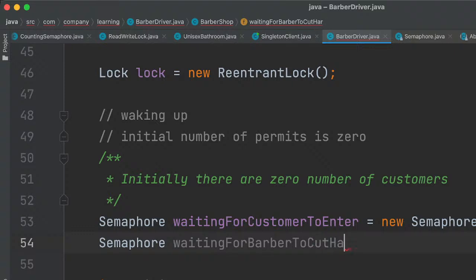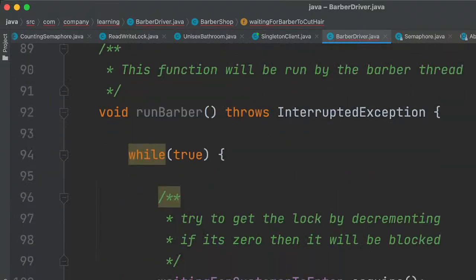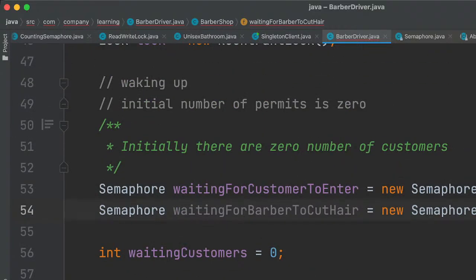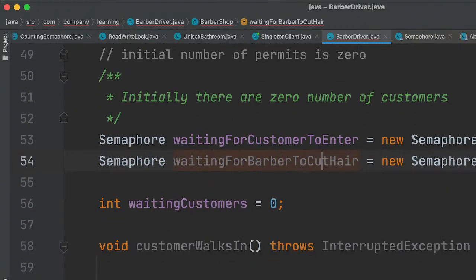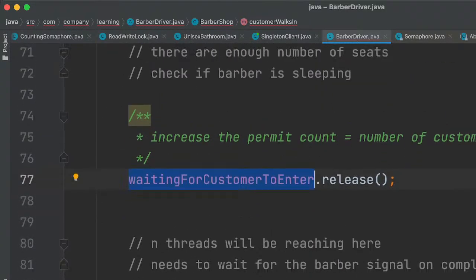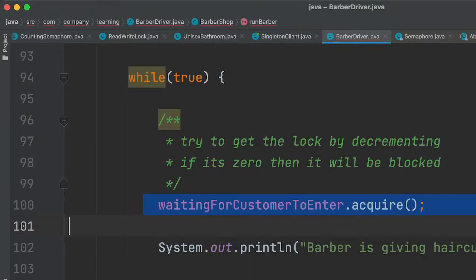And this needs to be called by, either the barber can perform this, because on signaling the barber, on releasing it will increase the permit, so the barber will be unlocked first at this point, and he will try to give the haircut.